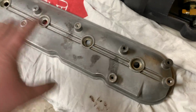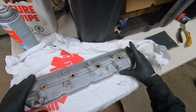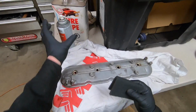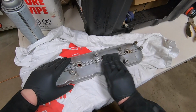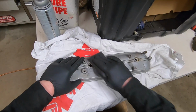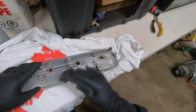I removed the valve cover seal on the back side, and the only thing we're gonna focus on is the top part by cleaning it. So I got my valve cover right here. I got a gray Scotch-Brite pad, so I'm just gonna spray the top of the valve cover down and take my Scotch-Brite pad and just start scrubbing it down. That'll help clean it